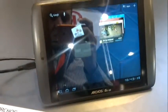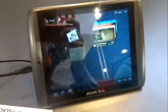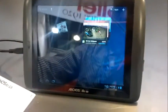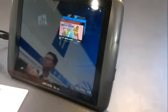So we're with the Archos 80G9 here, which is the 8-inch version of the new generation of the Archos tablets that are really aimed at a fairly low-cost solution, so sort of value Honeycomb tablets running on TI OMAP at 1 gigahertz, or if you buy the 16 gigabyte version, 1.5 gigahertz dual core TI OMAP 4 processor, which is actually a pretty good deal, and I don't expect many people will go for the 8 gigabyte version because the 16 gigabyte plus 1.5 gigahertz processor is only €30 more